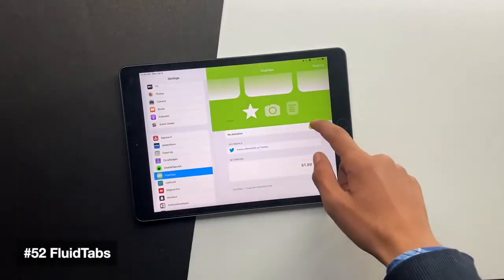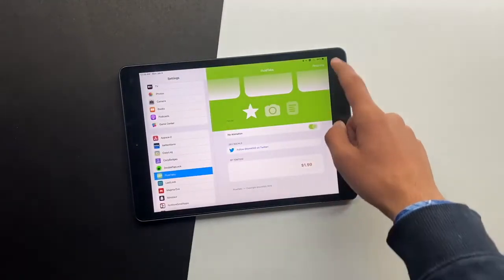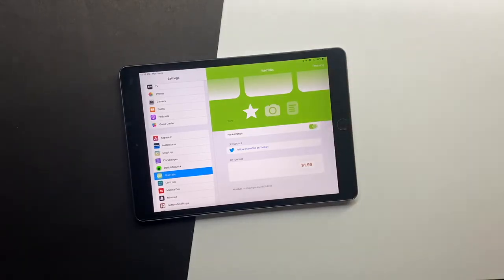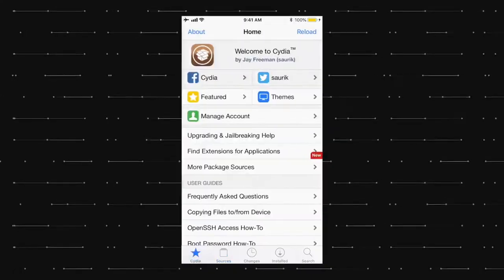Fluid Tab lets you swipe between open app tabs. It's difficult to explain what this tweak is, so here's a short video for you. Now, as you can see,